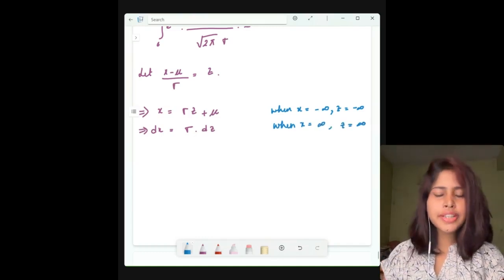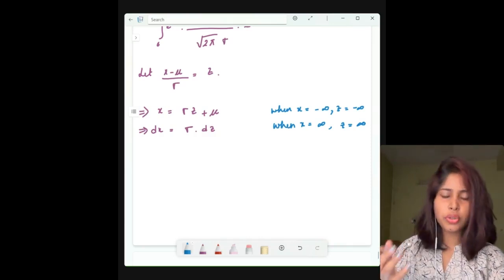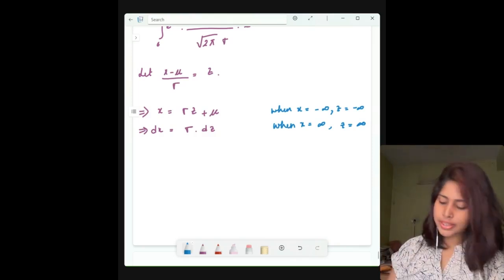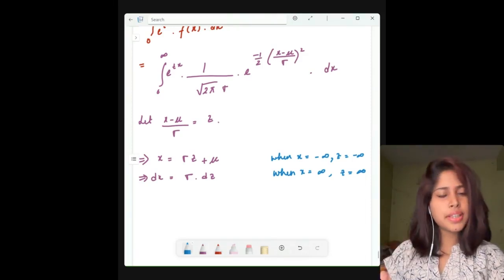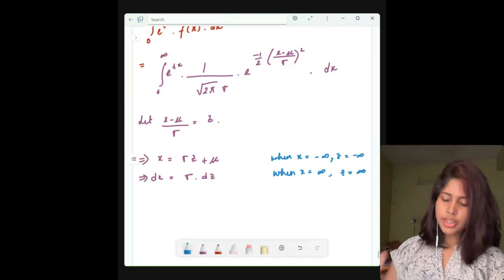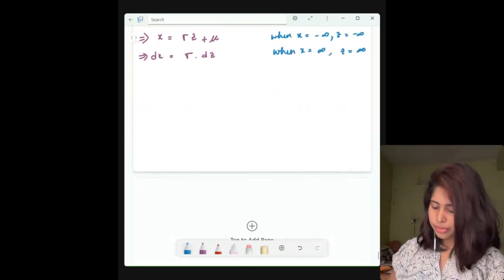Okay, now next you want to do what? You need to substitute this value into the exponent. Okay, what is the exponent here? This e and this e are the same, so we can take the base common and then we can do the operations, right? So if we take the base common, then what will be the exponent? Let me write it.